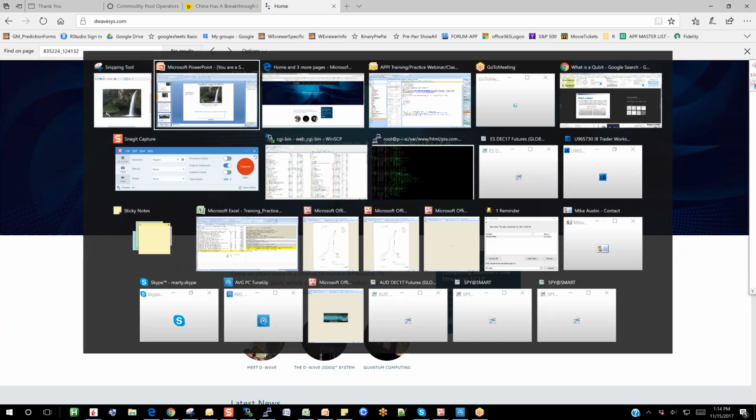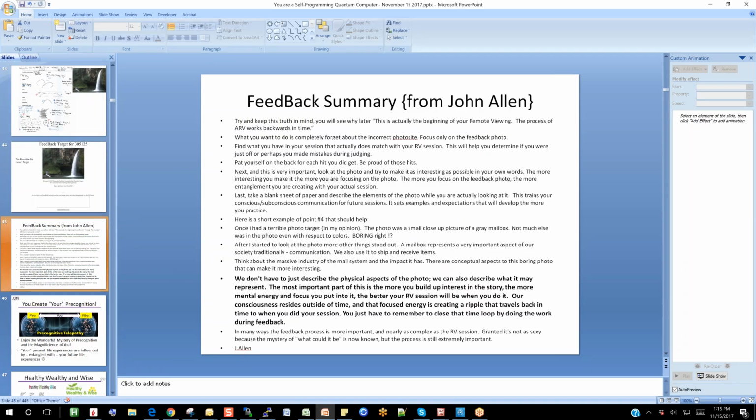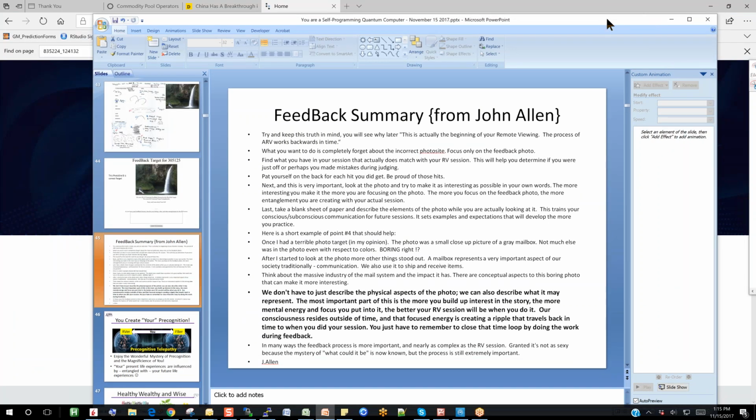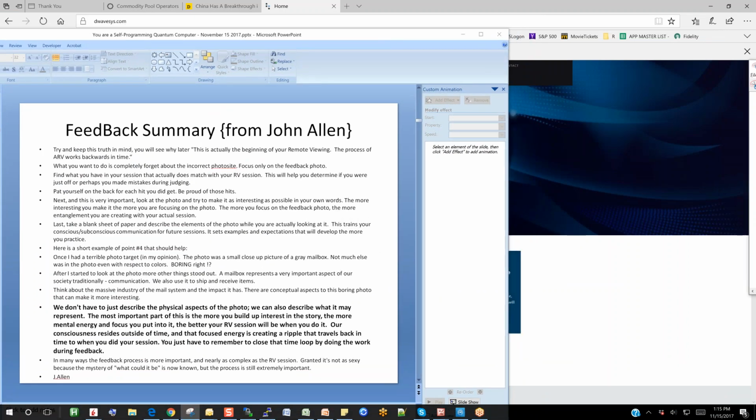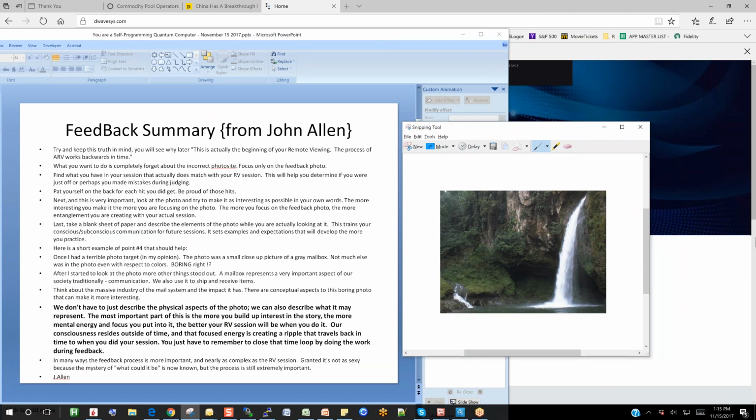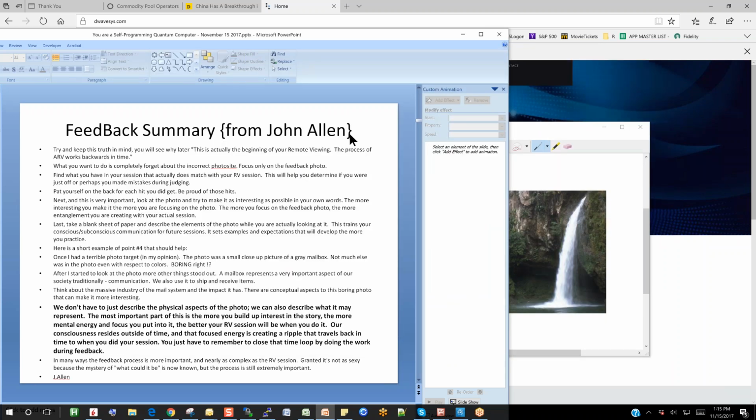I guess the first point was to remember that this is retrocausal. So I know that we do things in a different fashion linearly, but this is really the beginning of my session. And when you do feedback, you got to keep that in mind, that this isn't just look at the photo, oh cool, this matches my session, or it doesn't, and then turn it off. I mean, there's actually a process that's important to spend time on, because right now I'm trying to create entanglement between my feedback. I'm trying to focus on this actual feedback photo and then make it interesting and then send that. And the more interesting I make it, the easier it is to detect, however many days ago that we did this, kind of like a ripple. Like you throw a pebble in a pond, it creates ripples in every direction. And so you're trying to create a big enough ripple that you can feel it, 2 weeks ahead of time. It's weird talking about time, but,